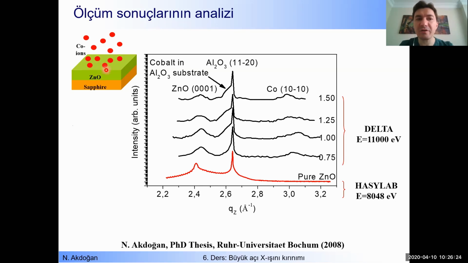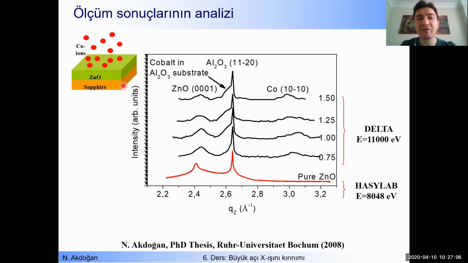And I don't know its orientation. Then I send cobalt ions into the zinc oxide by using ion implantation. It is like bombarding, okay? You send very energetic cobalt ions by accelerating them with the ion implantation method. You send them into the material, and they have 40 kiloelectron volt energies, and they can pass through zinc oxide and enter into the sapphire, depending on the thickness of the zinc oxide. So first of all,